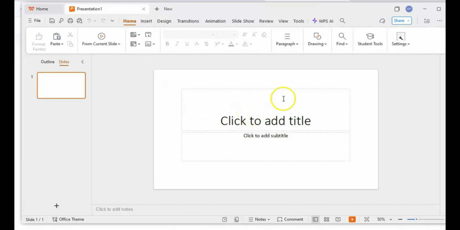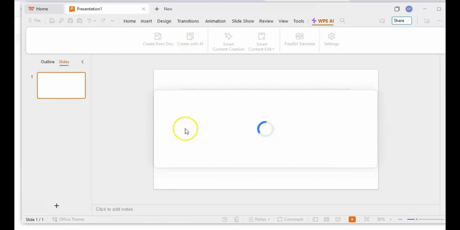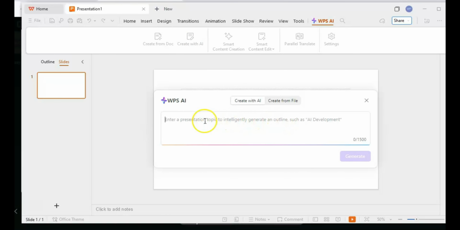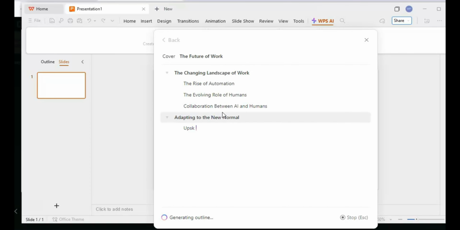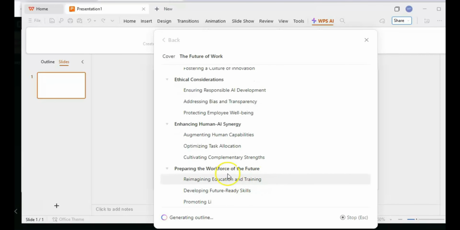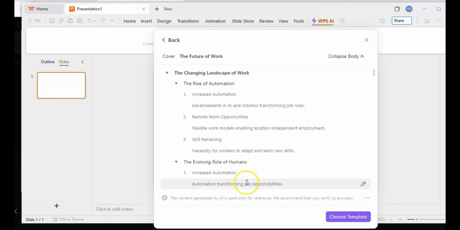Here's how it works. Click on the AI Generate button in the toolbar. WPS AI will ask you to describe the topic of your presentation. Let's say I'm creating a presentation on the future of work, AI plus humans. I'll type that in, and the AI will start building the structure for the slides. It automatically pulls in relevant data and organizes it into sections for you. Once the outline is ready, you can review it, make any adjustments, and then move on to the fun part,